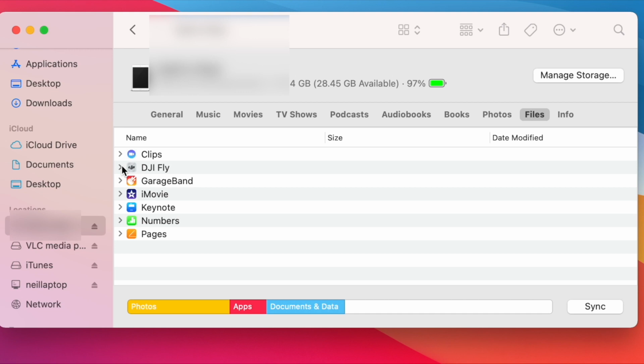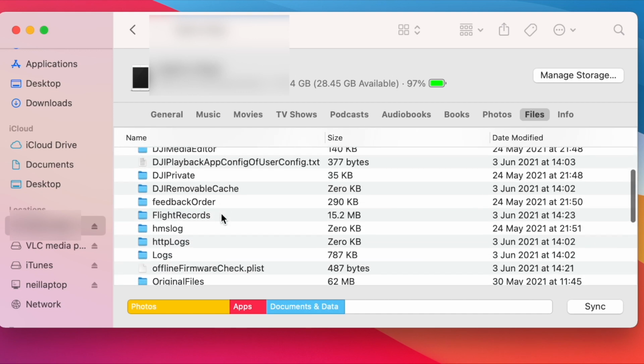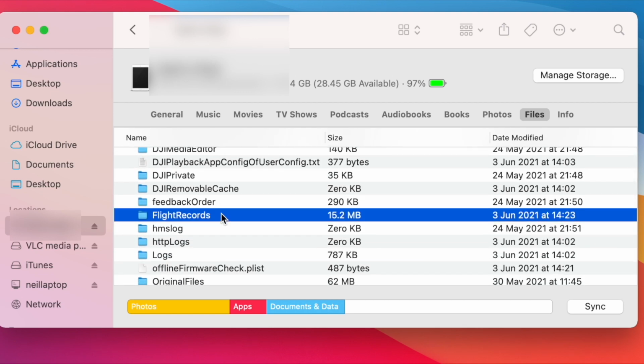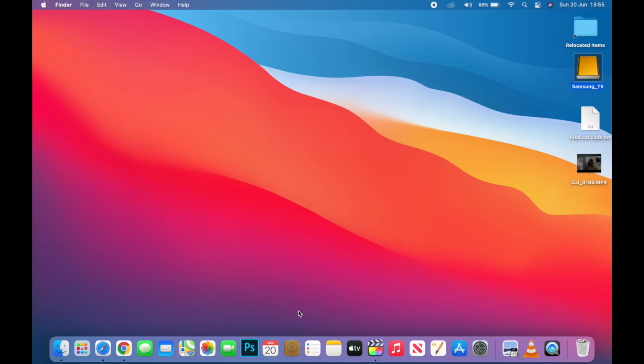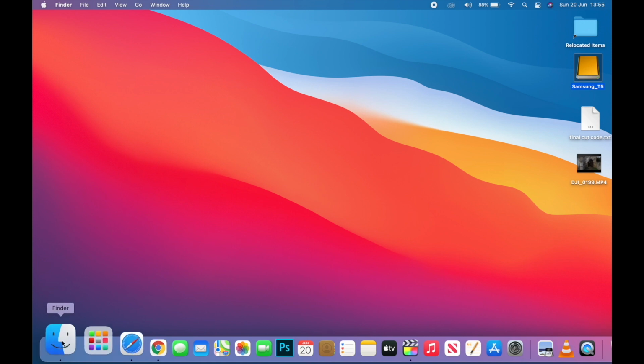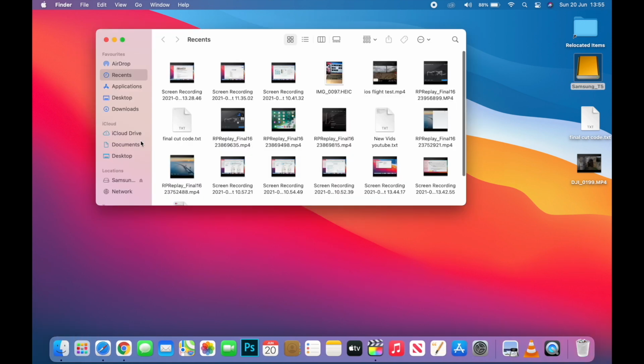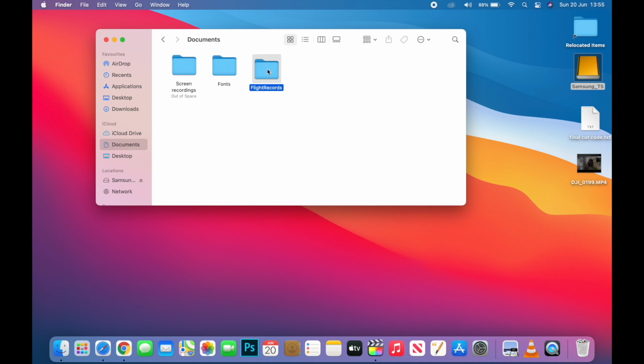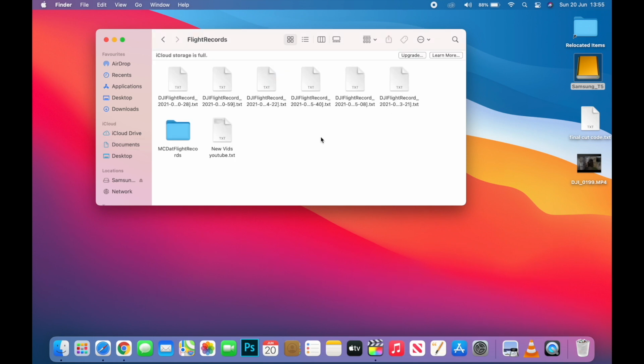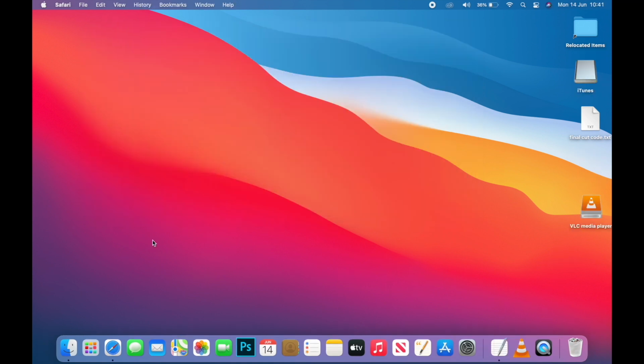We just expand that, and then you need to look in your flight records and drag that to your desktop. So I moved the folder from the desktop into my documents. If we look in the flight records, you'll see that all the flight records are there for that particular device. So once we've downloaded the flight logs from your phone or your iPad,